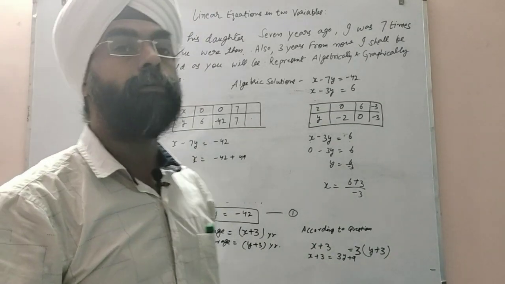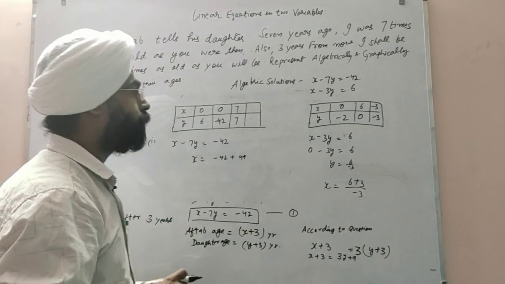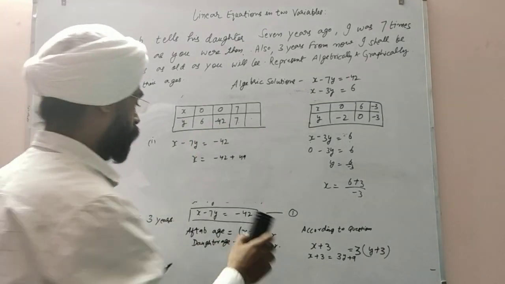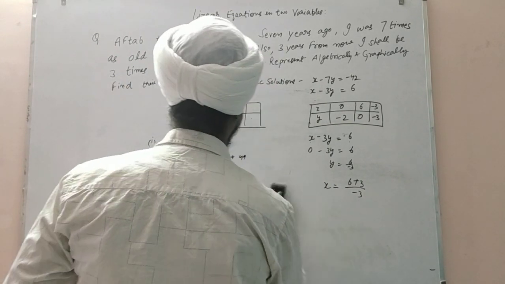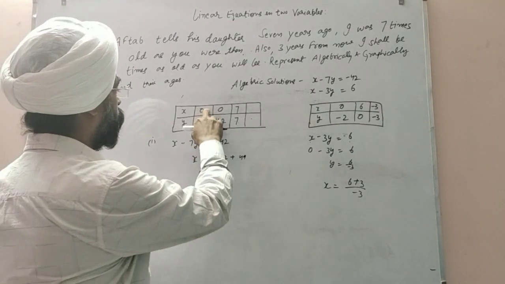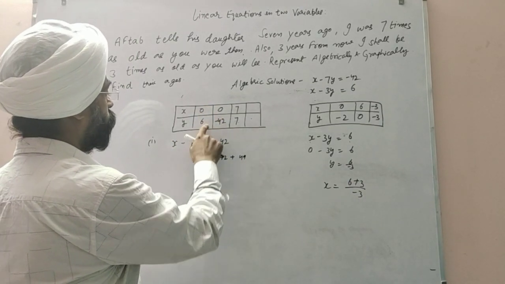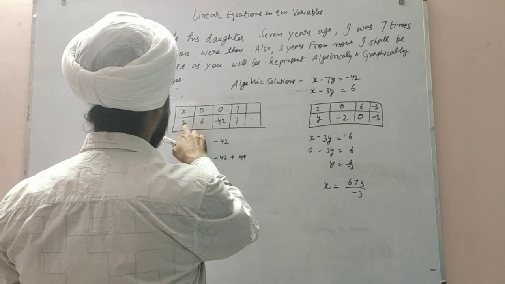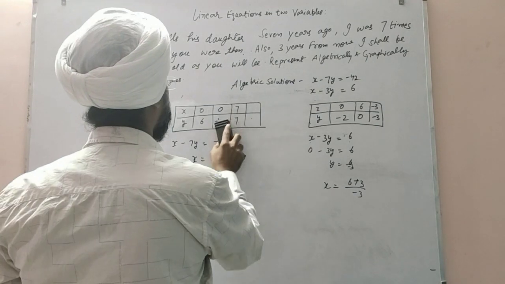Now you have to put it on the graph paper, or I can give you a small answer of this, how to put these coordinates on the graph paper. So let's verify first 0 and 6. If we put x equal to 0, it will give you y equal to minus 42, it's wrong, I think. There is some mistake.